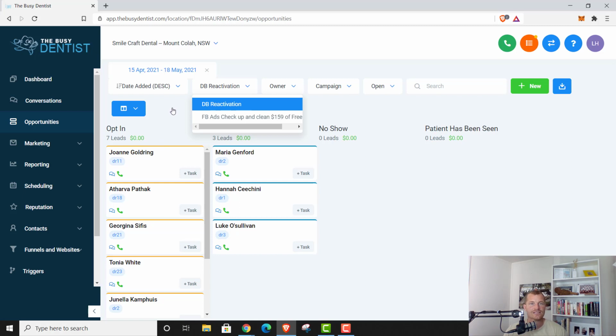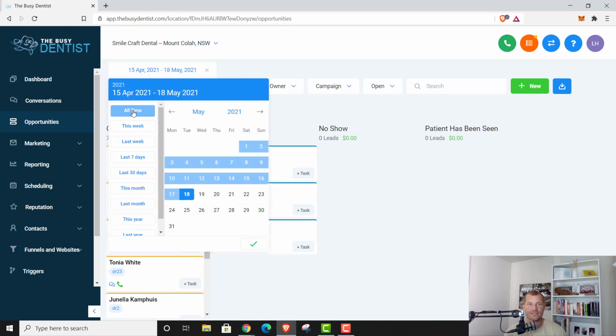The last piece that I need to show you, which is super important, is the date range. It's going to be selected to all to begin with. As you can see, we've got all time, and we'll keep it there for the first month because we'll just be getting started. But as you become super organized, you can toggle this. You can click it to this week, and if you just click this week, then that's only going to show you the leads that were